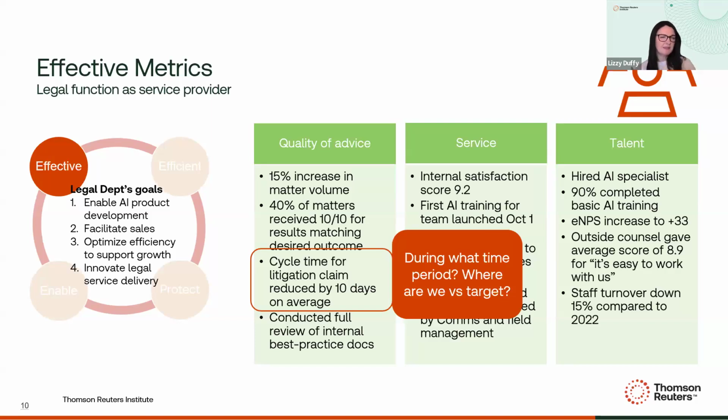The other piece is, what point in time are we tracking this against? Is that compared with last quarter, compared with last year? Or is it since we did something different or introduced something new? And for our TriClad legal department, it is since we changed the process. So it's a positive result.